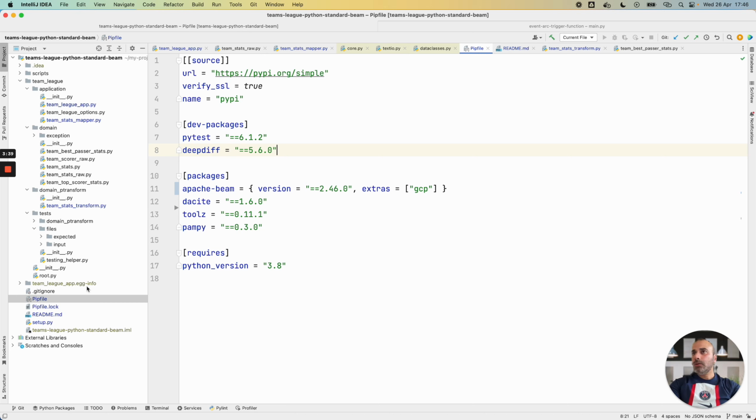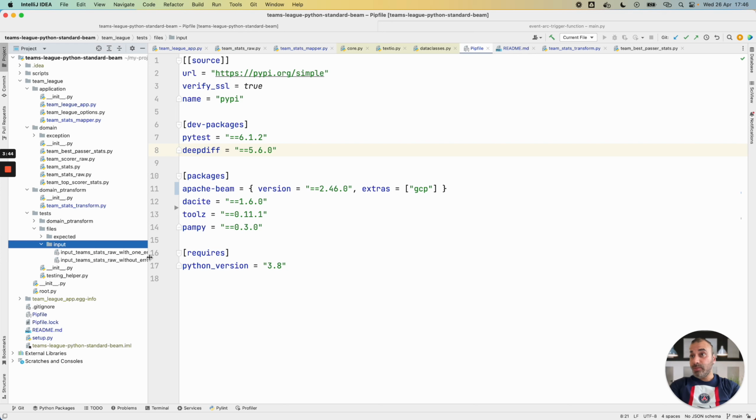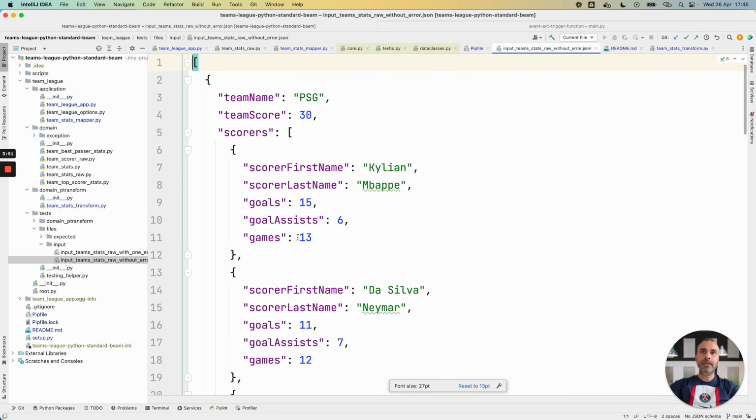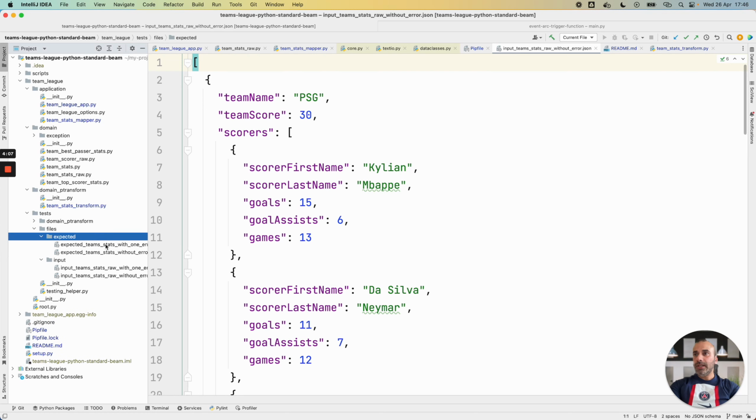About the structure of the project. As I explained in my video for the Java part, I have this dataset in input. I have a list of teams, and for each team I have the list of scorers with statistics per scorer. The goal is to calculate a domain output object.